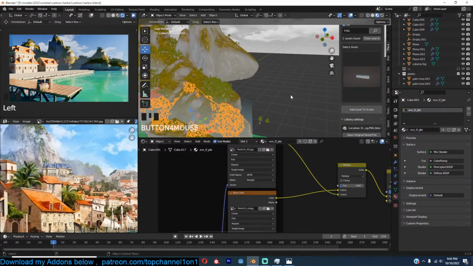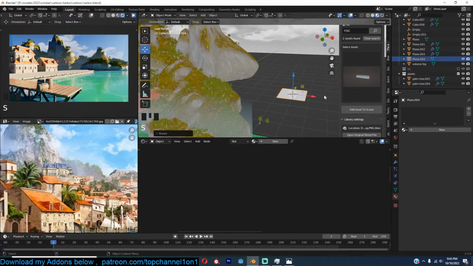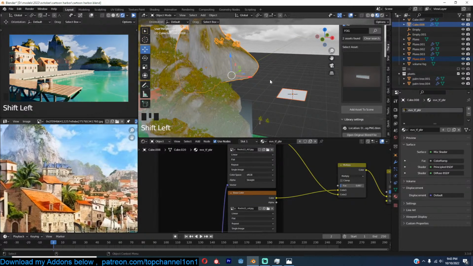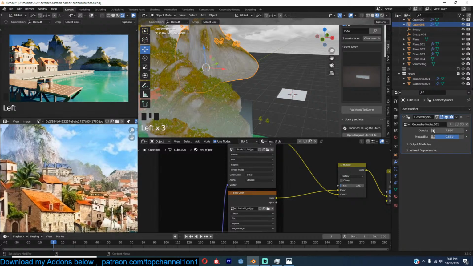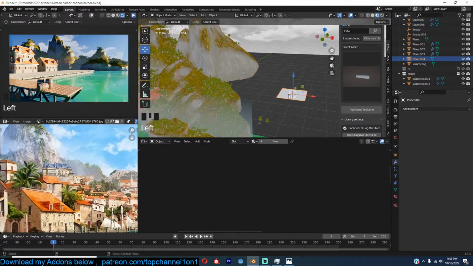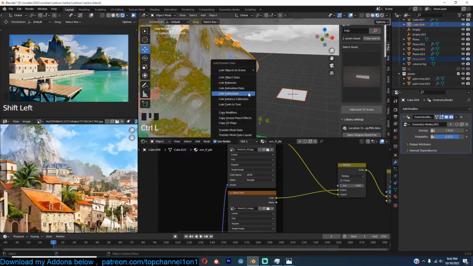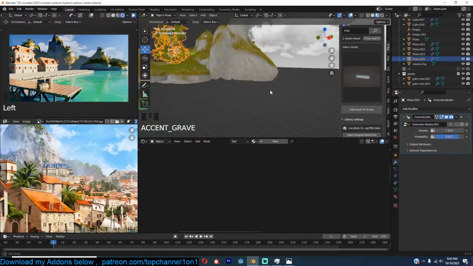another thing we could do is, if I have a plane like this, I can basically just copy the modifiers onto that plane, which is going to copy this geometry nodes modifier, and we'll basically have a way to place trees. So Control L, copy modifiers, and that should give me